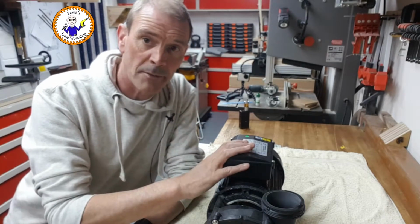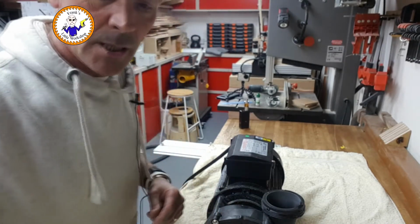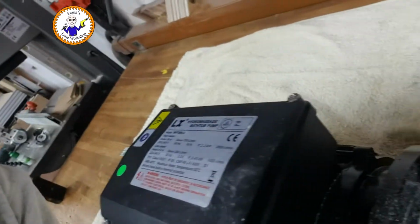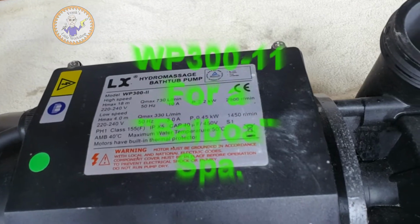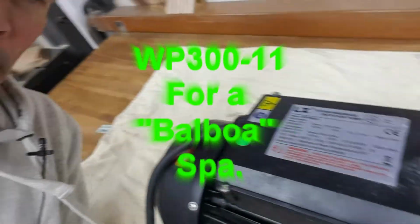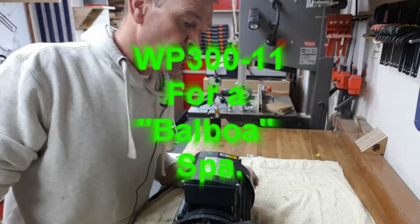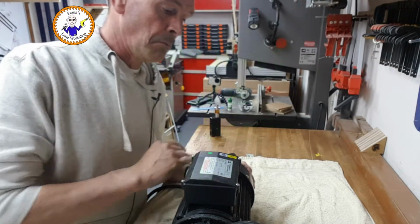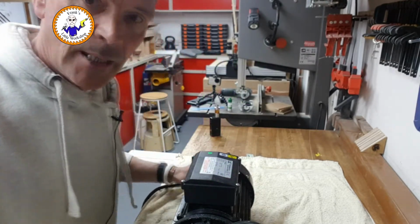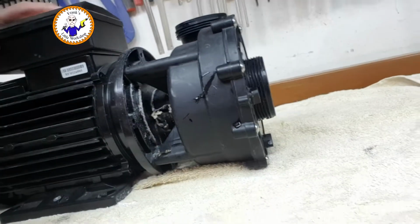That's it. So I have the hot tub pump off now. It is actually, let's have a look. It's one of them. Okay, which is a hydro massage bath pump. It's a WP300-2. Anyway, it's leaking, and it's leaking from here,